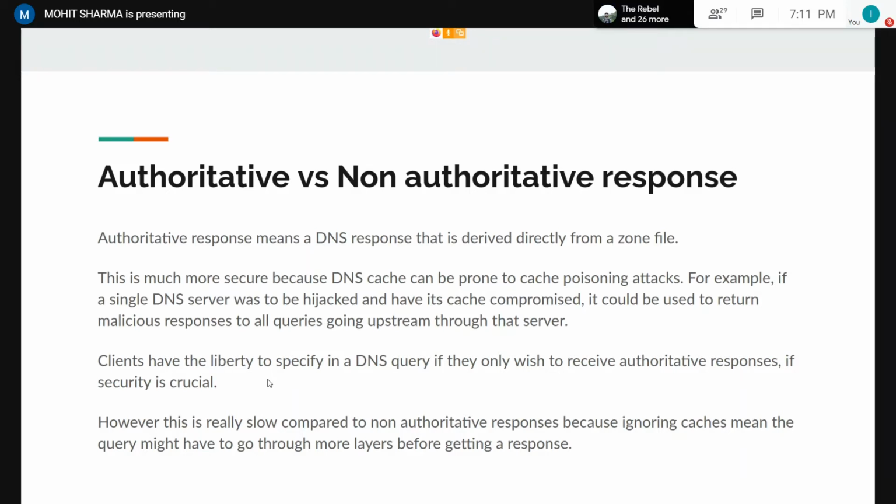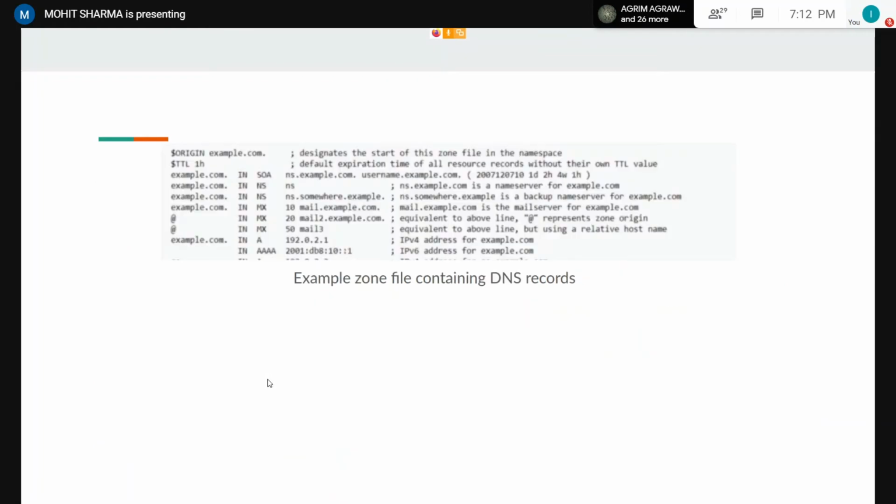Clients can specify in their DNS queries if they wish to only receive an authoritative response in cases where security is crucial. But for security, we need to compromise with the speed of responses as authoritative responses are slower as we ignore caches, and it would mean that the query would have to go through more layers or more servers before getting the required response.